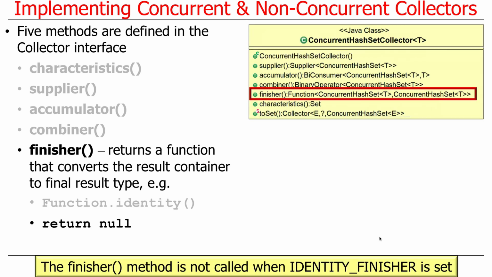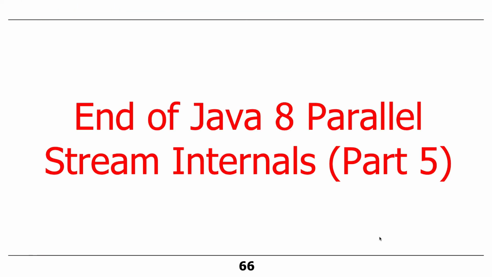If you have set the identity finish flag, in that case you just return null. So it's a no-op. That method will not be called. That of course assumes that whatever you've accumulated and combined into is the final result. Okay, so that's the end of the discussion about collectors. Probably more information than you necessarily need to know, but it's good to be aware of this stuff because at some point if you ever have to implement one, now you'll have a place to go to learn what the various